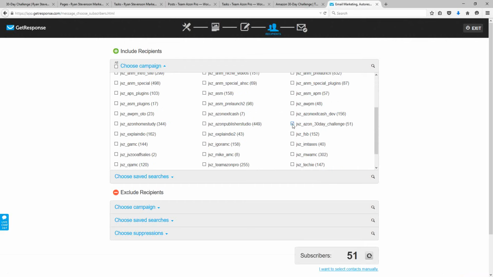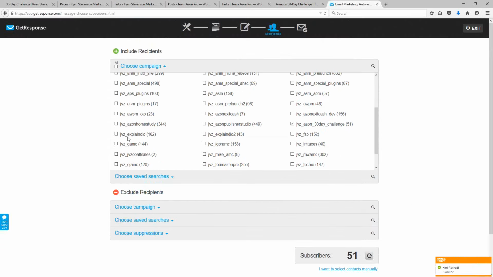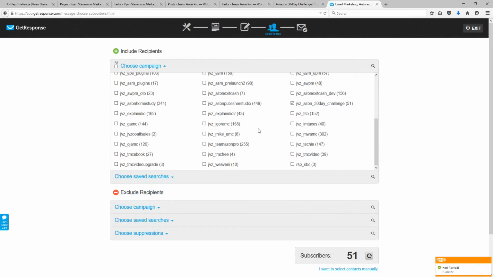So I've got 51 people. All I do here is just check on the box, and it tells me subscribers 51 down at the bottom. So this is kind of how you can verify that you have the correct stuff selected up at the top. If you see a really high subscriber number right here, don't proceed. Go back up top and see what you may have done